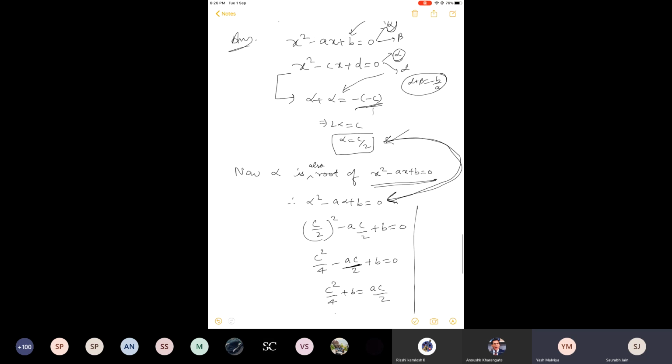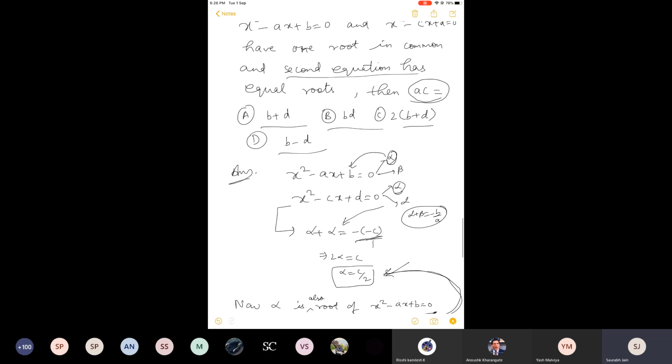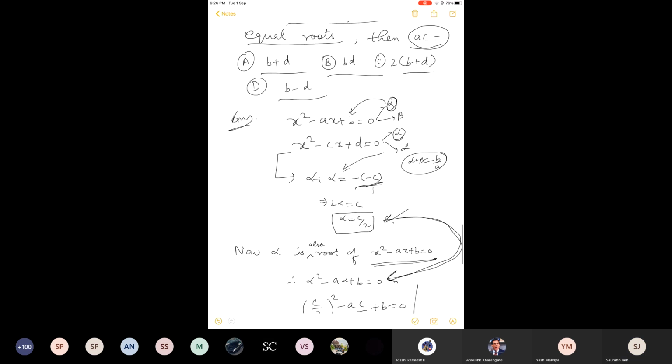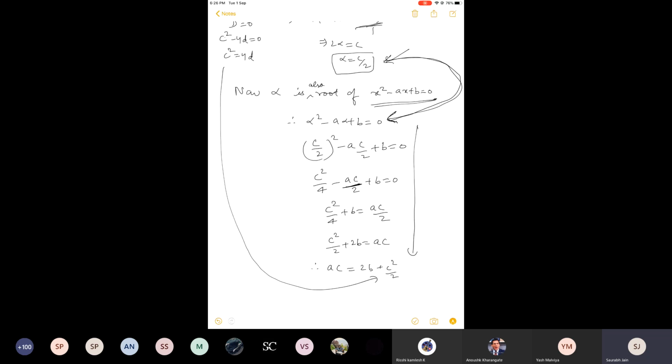Yeah, that's correct. Because the last thing which is left is the use of discriminant. Why? Because in the question they have also given that the second equation has equal roots. We have not used this thing. So equal roots, discriminant equal to 0. Find the discriminant for this equation. This will be c square minus 4 times d. This should be 0. That means in place of c square, I can put 4d as and when required. I will put it here.